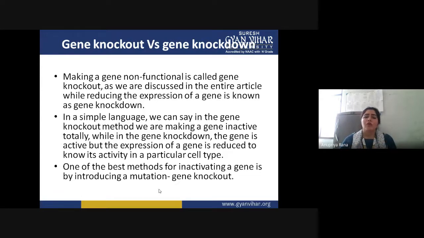If someone wants to study a particular gene very deeply, only then do they have to go through this gene knockout process. But if some researchers or students, like your MSc student or BSc student, just want to see rapid changes, they have to go with the gene knockdown process. So knockout and knockdown are different in many ways. If we want to do it in a short time, gene knockdown is better. But if we want deep knowledge of a particular gene, then gene knockout is the best practice for studying its effects.